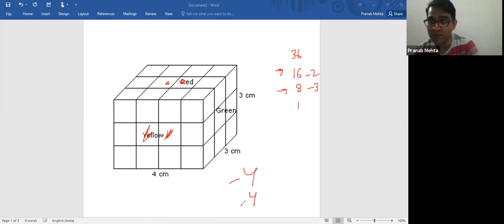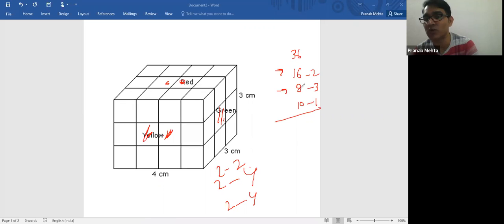This we have already counted 2 faces. Here also I have counted 2 faces. Another 2 faces are left, which is nothing but green color. And here I'm getting only 1. So another 1, and from another face, another 1 I'm getting. So another 2 faces, I'm going to get another 2. So 4 plus 4 is 8, 8 plus 2 is 10. Another 10 here, which has got 1 face painted.